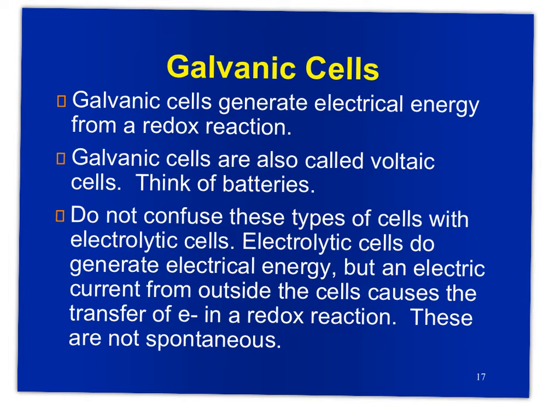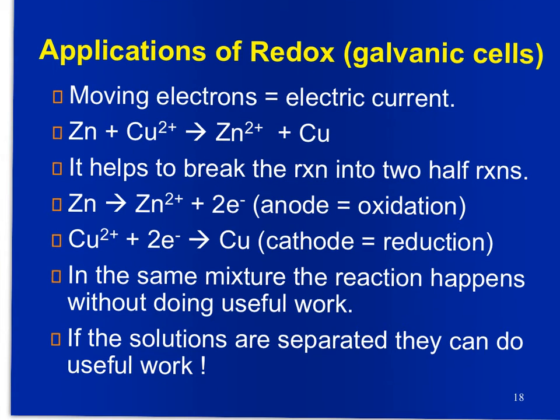They are also called voltaic cells. Think of batteries. Don't confuse these types of cells with electrolytic cells. Electrolytic cells do generate electrical energy, but there's an outside electrical current that is put into that to make that happen. I get confused with these because they all seem to start with the letter E. Hopefully you will not. So applications of redox or galvanic cells or electrochemical cells: moving electrons